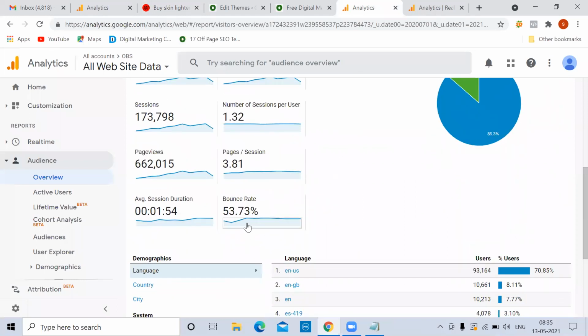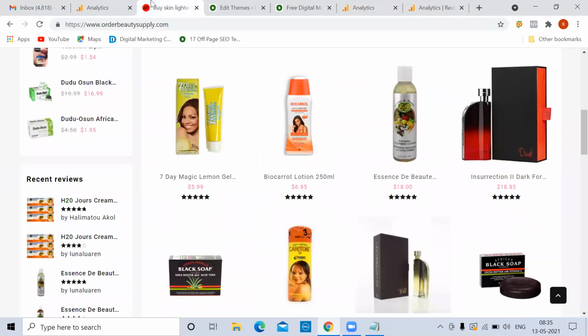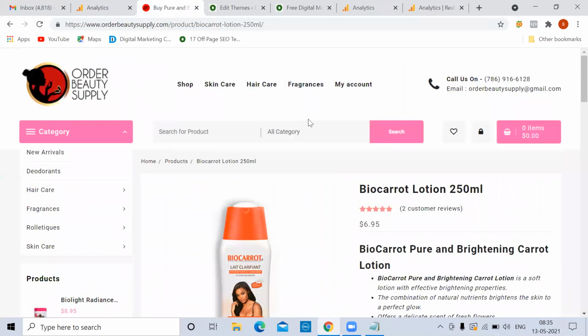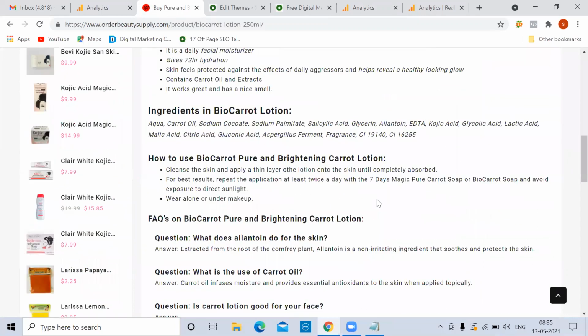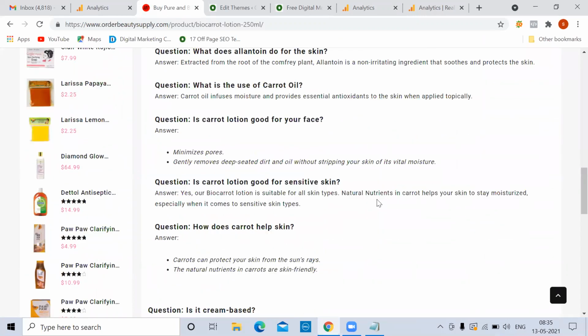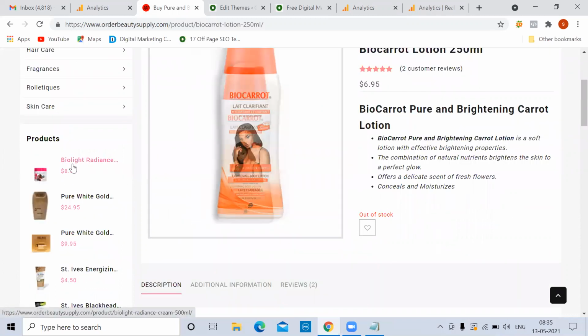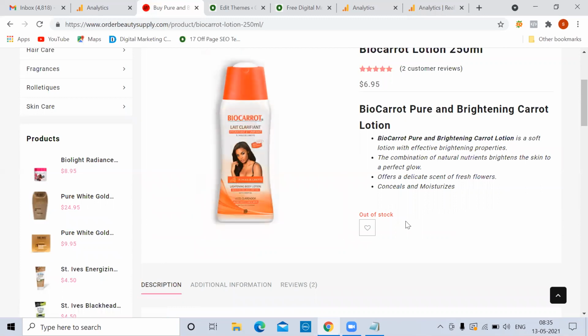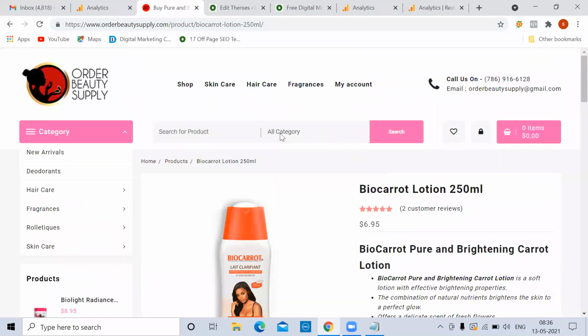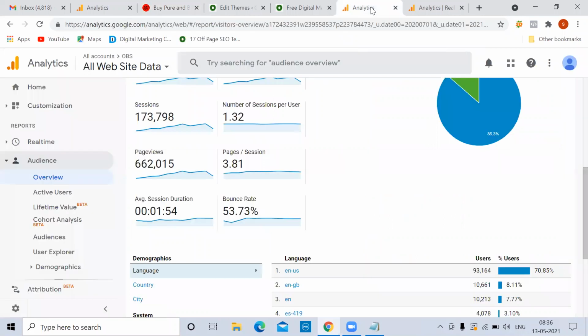Now bounce rate is nothing but single page users. Say a customer searched for this bio-carrot lotion and landed on this page and read everything. He liked it, but maybe wants to buy later. He left. Or else you see this product is out of stock and you don't want to explore anything, directly he landed over here. This is out of stock. He closed and left. Whether he spent 20 minutes or 30 minutes, this is still considered a bounce, because he hasn't visited any other page. So simply, single page visitors is called bounce rate.